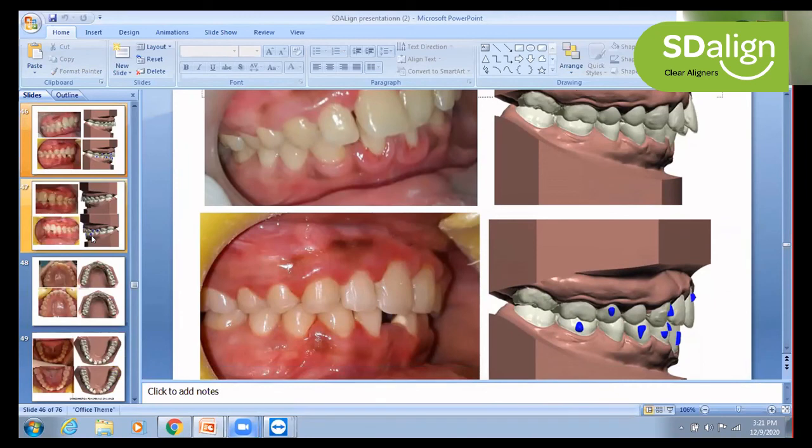Age of patient is 33. So if you come with a specific requirement, let's say you want specific intrusion of teeth like 1-1 or a 2-1, up to 2 mm we can definitely correct. And also the periodontal condition should be good, and there should be enough bone available periapically. It is definitely possible. If you can share the details with us, we'll definitely help you if it is feasible or not.